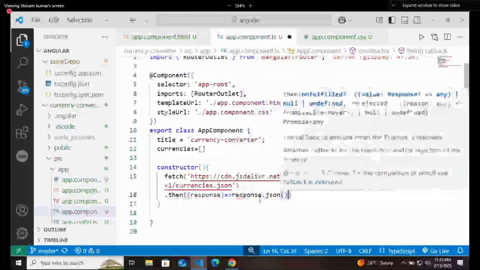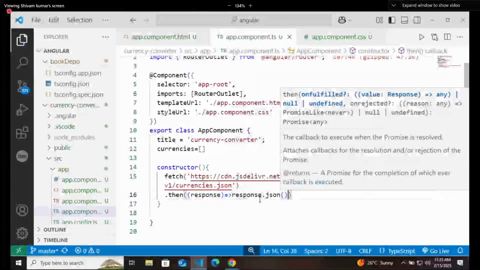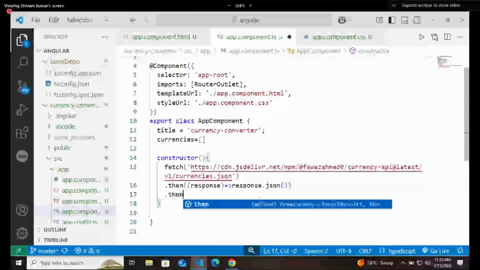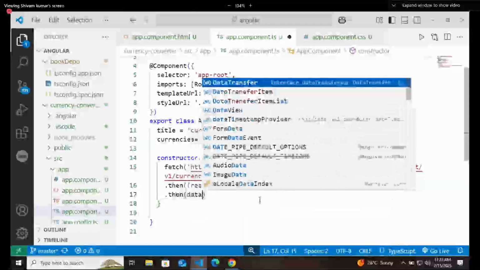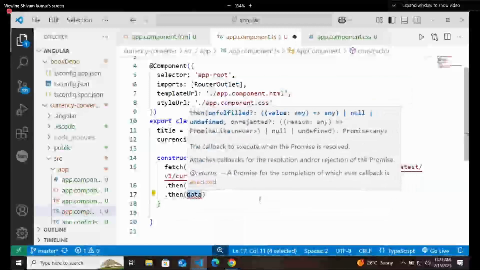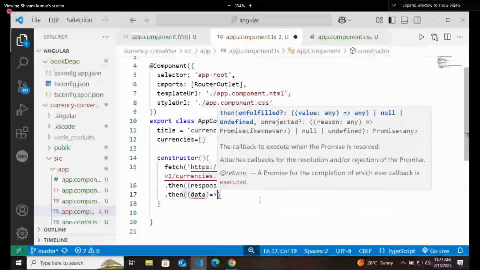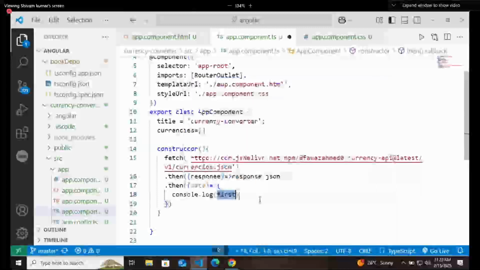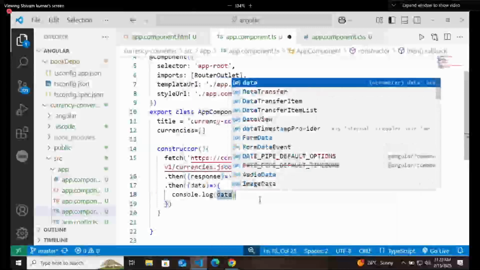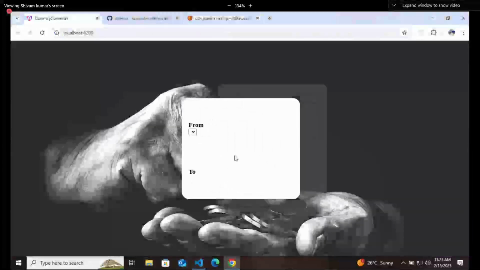If you remember from last case, dot then you got data, and using this data, you will print this data to the console. I will just do it for checking whether we are getting the currencies in the console or not.